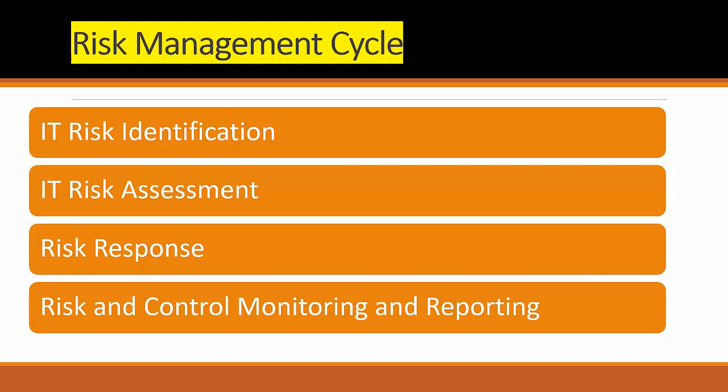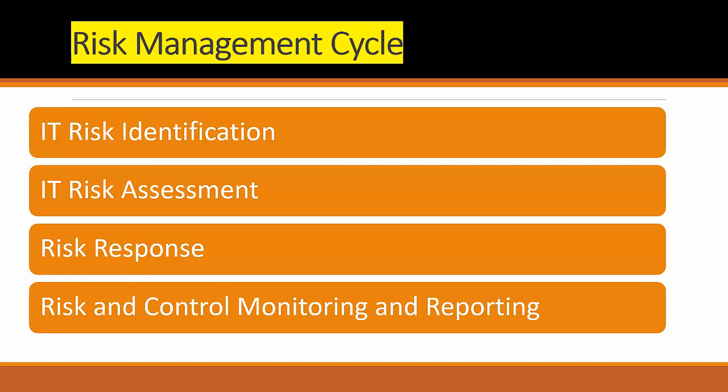Okay. Then once we implement the control, it doesn't mean we ignore it. There is a possibility that after the control is implemented, residual risk is left. If we don't give treatment to that, if we don't monitor that, there is a possibility the residual risk exceeds the appetite also. So the final phase is risk and control monitoring and reporting. Here we talk about what the function is and what validations we have. Okay, so the process repeats as the risk environment changes. In this phase, we are monitoring all the controls for effectiveness. Okay, so the IT risk management process is based on the complete cycle of all the elements.